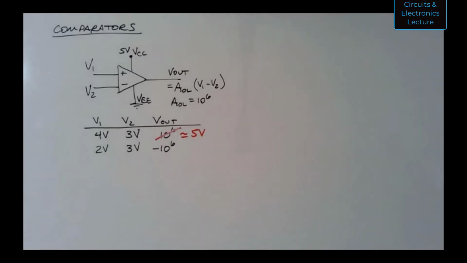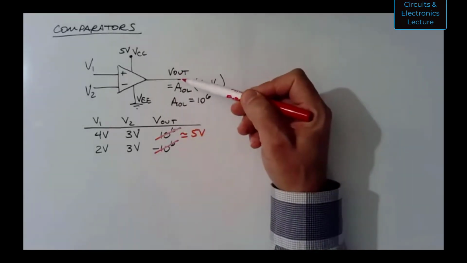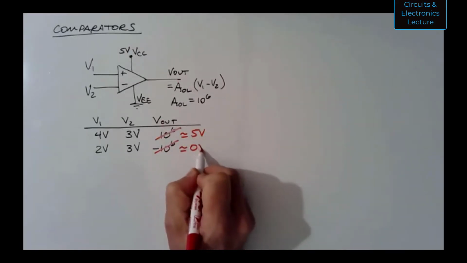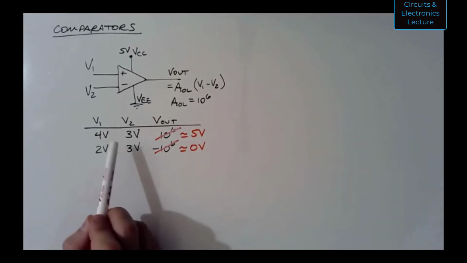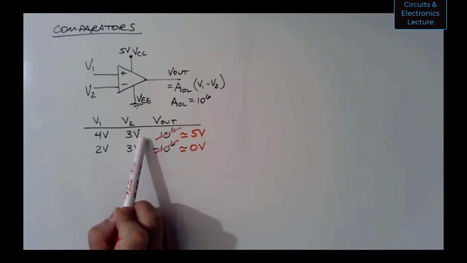Well, again, we know that's not going to happen. We're not going to have -1,000,000 volts. We're going to have the lowest voltage possible out of the op amp, which is approximately VEE, which is 0 volts. Okay. So we've built a circuit here that when V1 is greater than V2 by any appreciable amount, right,